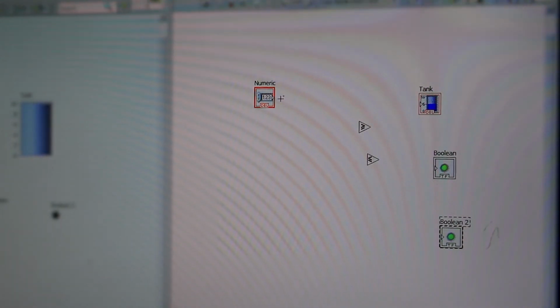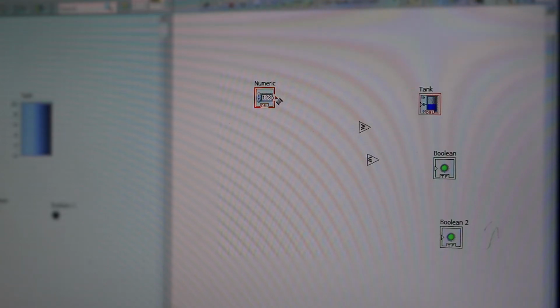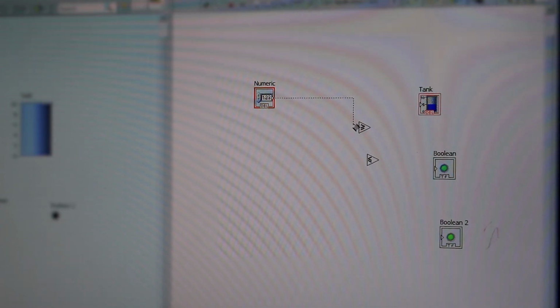The first thing you have to do is connect all these hardware components using the arithmetic operations. If you see the numeric controller, I can see a triangle with a red dot over it once I move the cursor near the triangle. That indicates that it needs to be connected or wired. So I create a wire from the red dot using the mouse, and I connect it to the less than or equal to or greater than or equal to terminal.